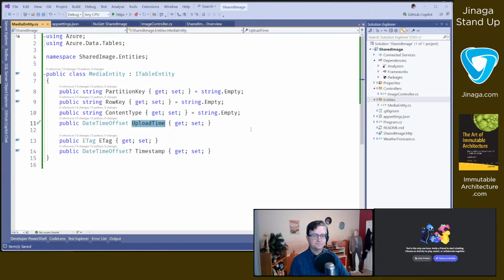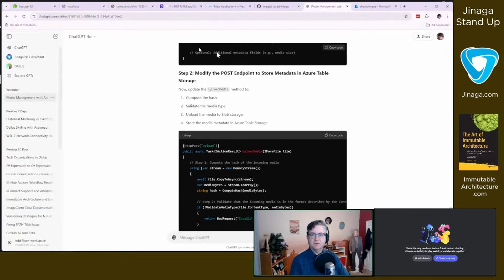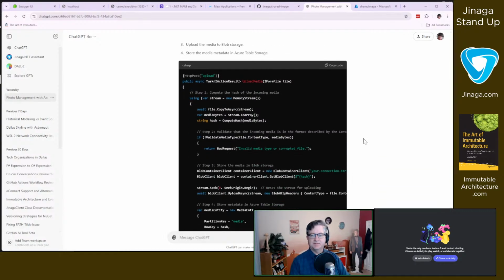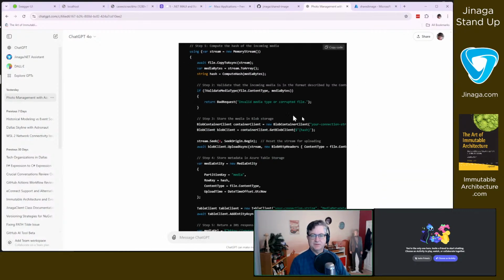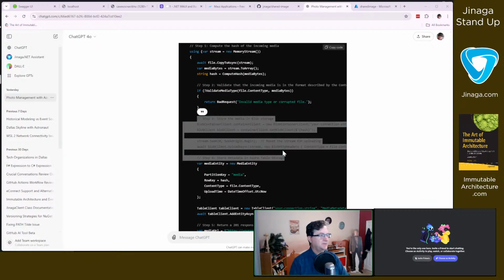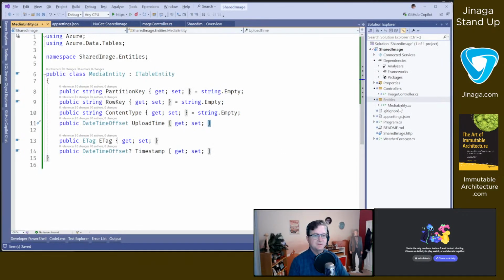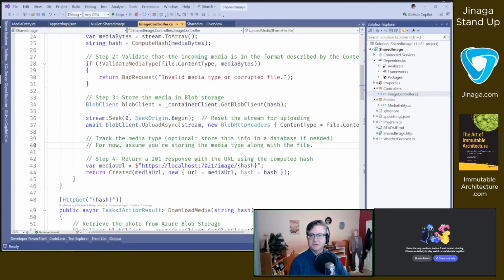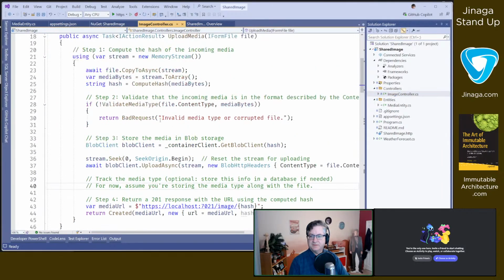So now that we've got that media entity, we will modify the post endpoint to store the metadata. So right here, this is where we are storing the media in blob storage. I copied the comment below because if I go back here to the image controller,